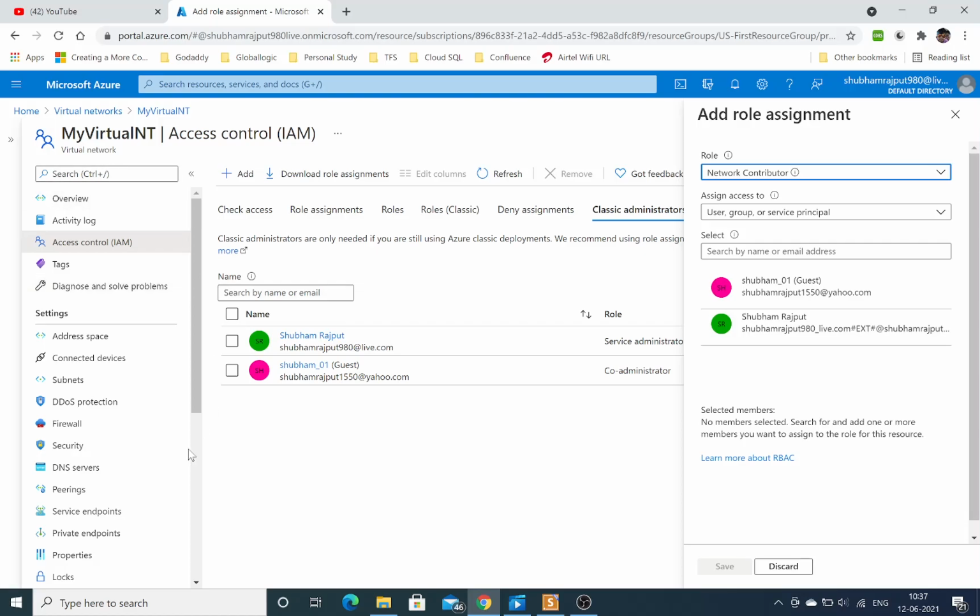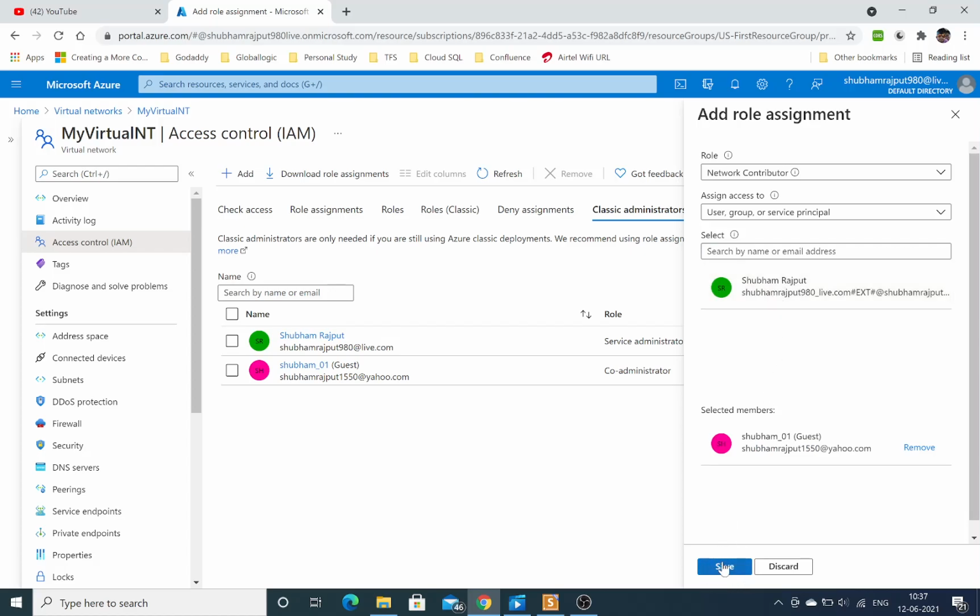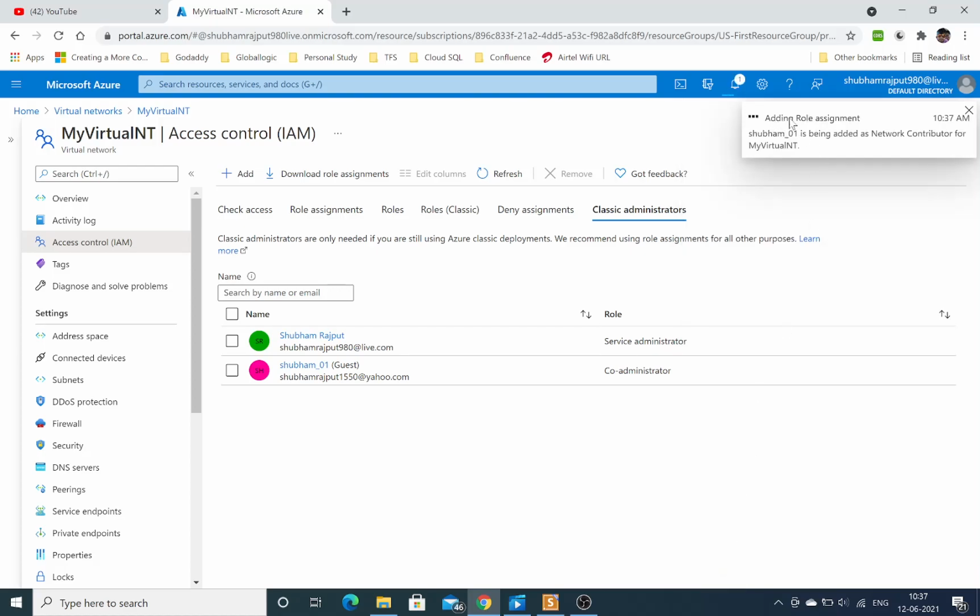Only these options will be available, the same options I'm showing you, and they can add and modify the VNet and subnet according to their requirement. If I select the user, this one, and save it, the new role will be assigned to the same user.